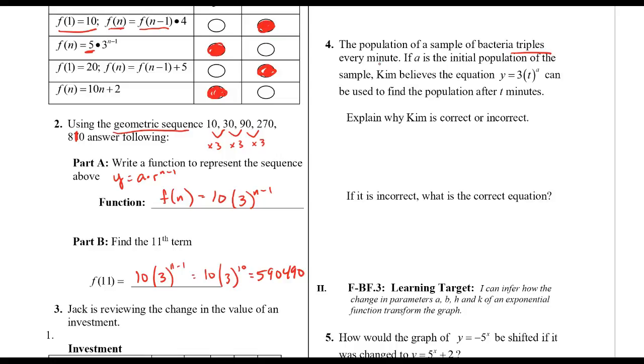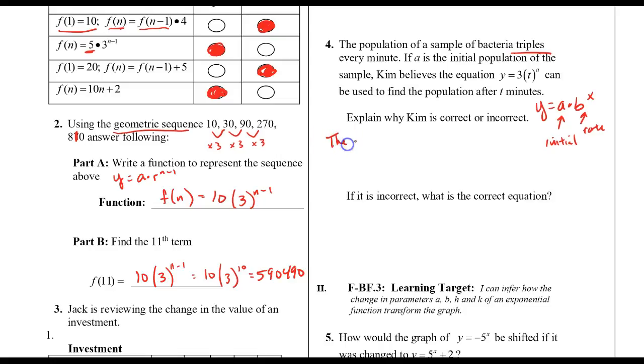So first thing, we should notice right away that Kim is incorrect, because when we look at an exponential function, a times b to the x, a is my initial value, b is my rate, and then x is x, obviously. So the equation that she wrote, 3 times t to the a, would mean that she's starting with 3 and she has a growth rate of t. Well, that's not right. She has an initial value of a and a growth rate of 3 because she's tripling. So she's incorrect